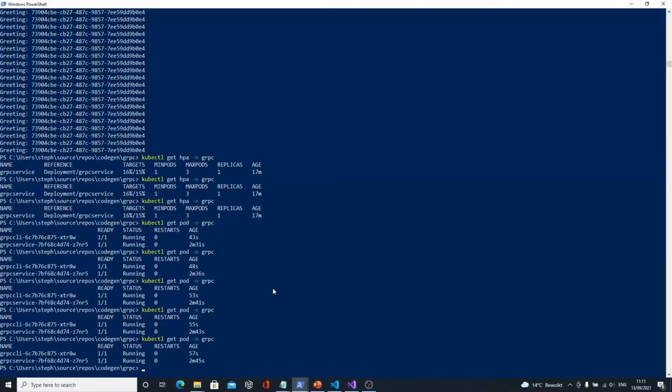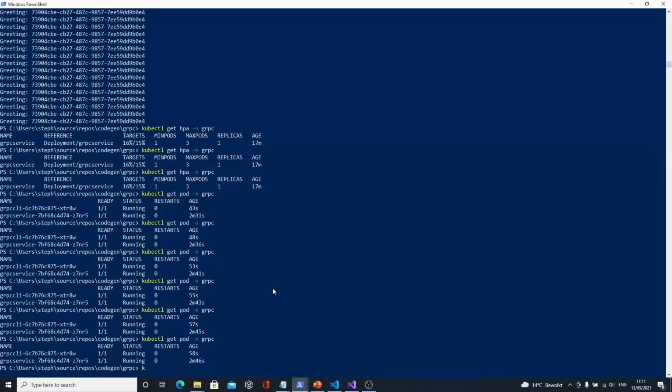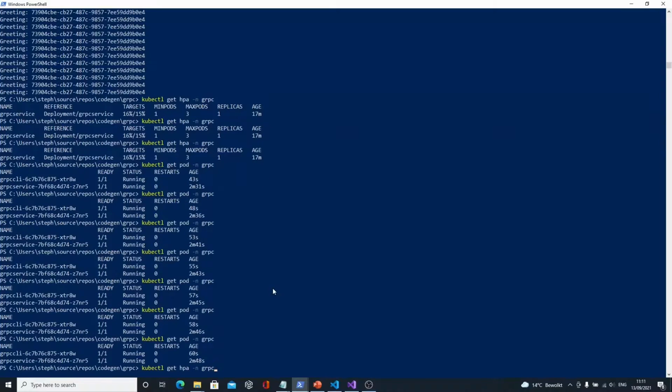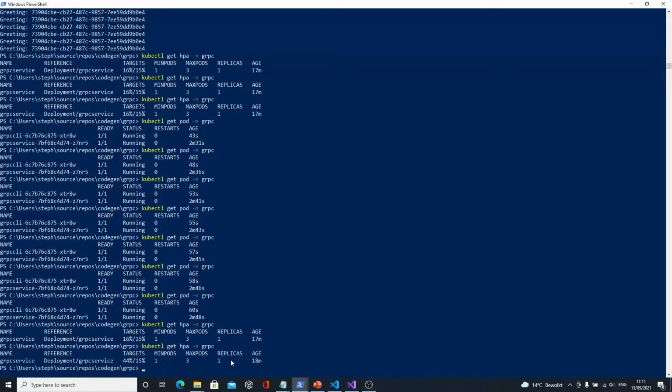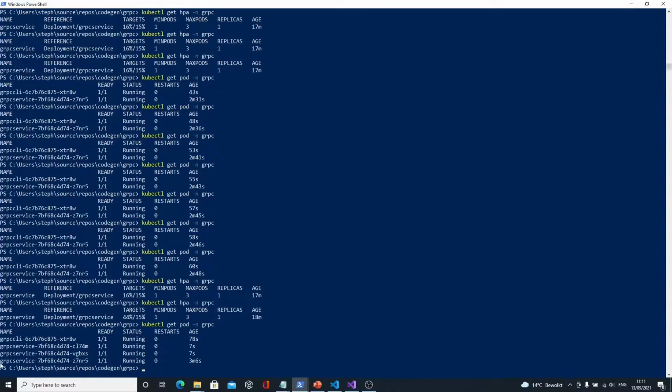So that should at some point be taken by Kubernetes. gRPC still 16%, normally it should already scale out, because the current usage is beyond the target. But let's see. Okay, you see now it picked up the new metrics, so 44%, so it should kind of at some point, yeah, now it has multiplied my gRPC service instances.